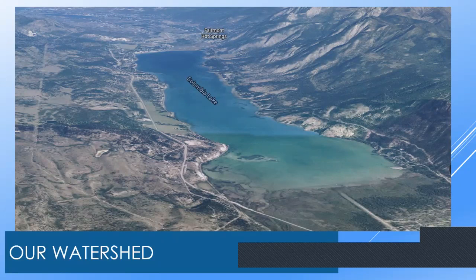So I think you can see, as in most watersheds, there's a conflict between those who want to protect the environment and those who want to do the development. And of course, there are a lot of boat owners on the lake who have their own interests as well. So with that in mind, back in 1997, there was a lake management plan set up to manage the lake. And at that time,